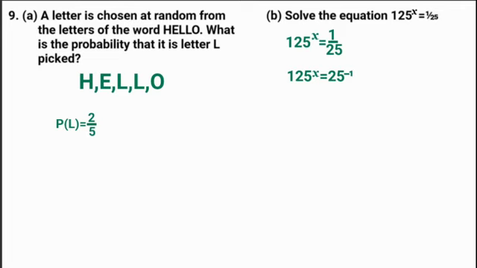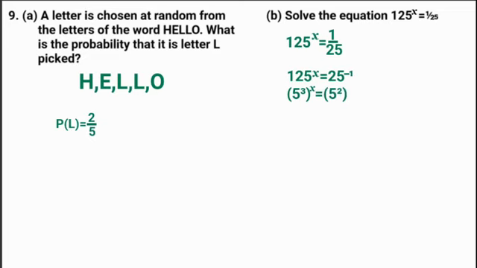We find the cube root of 125, which is 5. So we write 125 as 5 raised to the power of 3, which is raised to the power x, which will be equal to